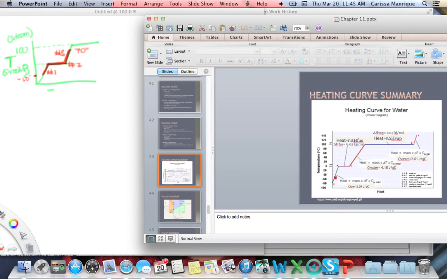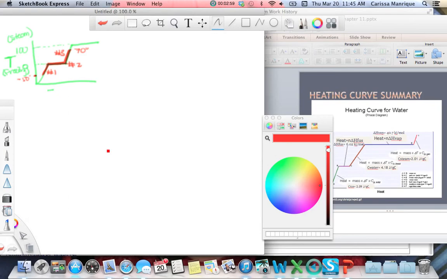In that green area, this is the formula to use. So for area 1, the formula is mc delta T, and you see our C right here,